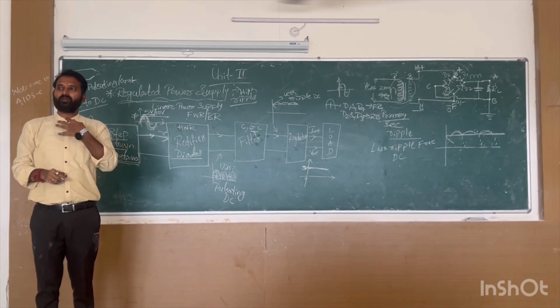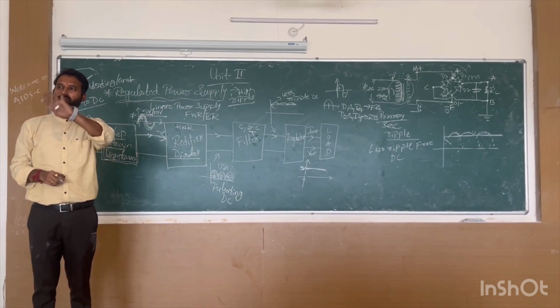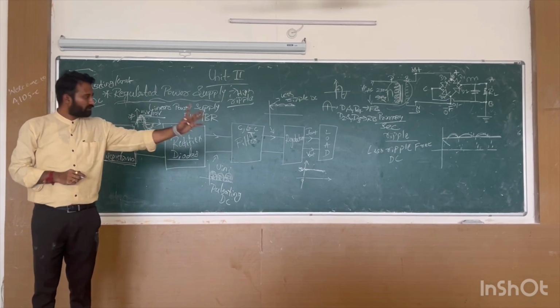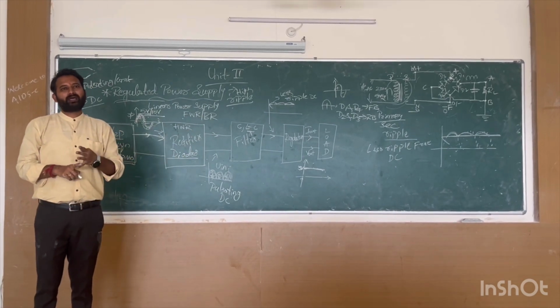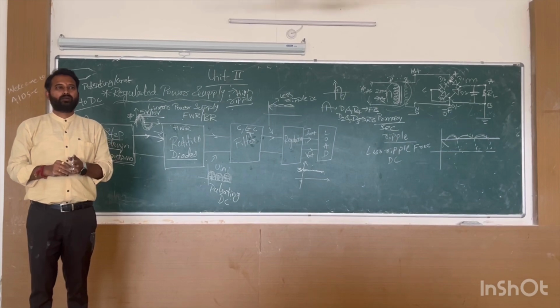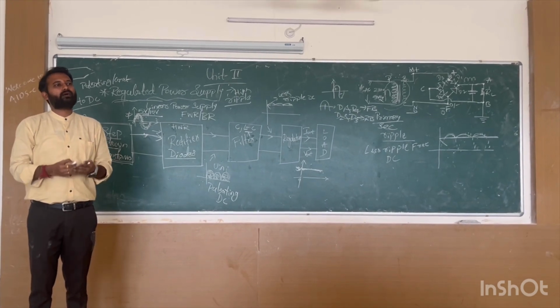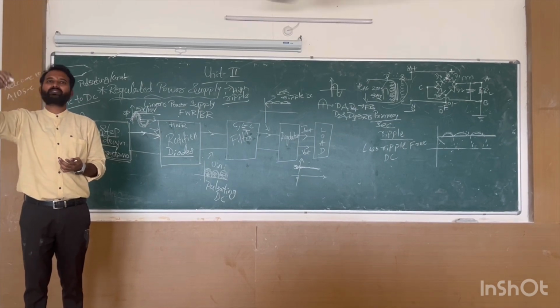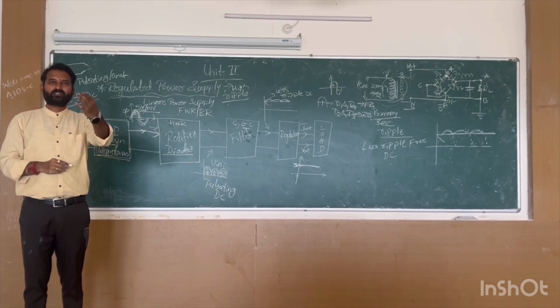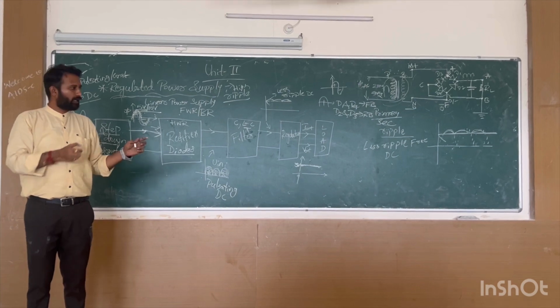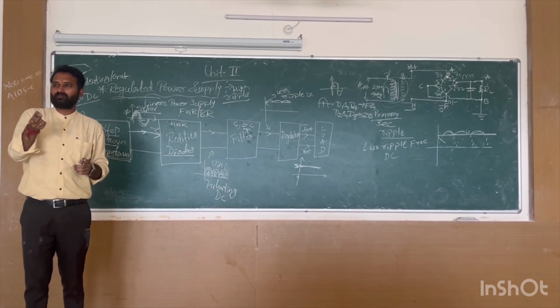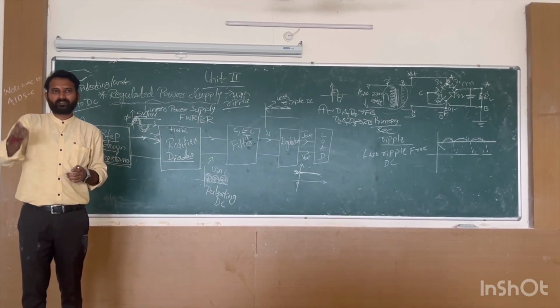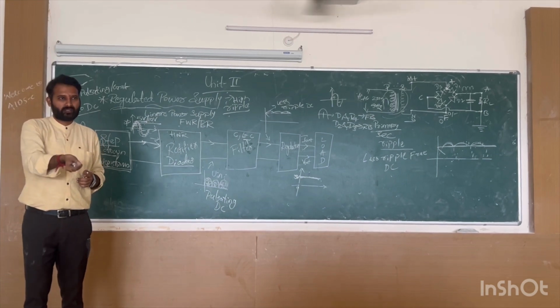That's why we want a pure DC. I want only 5 volt to be produced at the output. That can be done by the regulator. The regulator will maintain the output even though your input is changing, fluctuating. There may be fluctuation in the RPS. Like when you plug in a charger, you will get some distortion, you will get a sound. That is nothing but fluctuation.